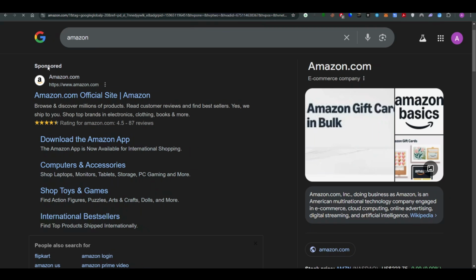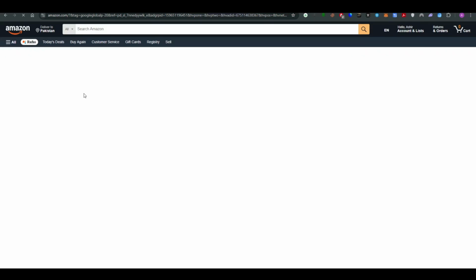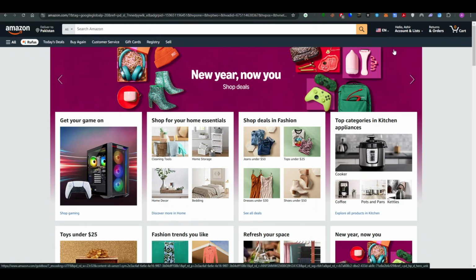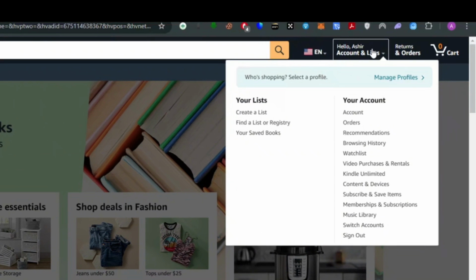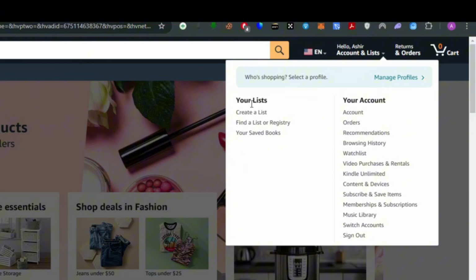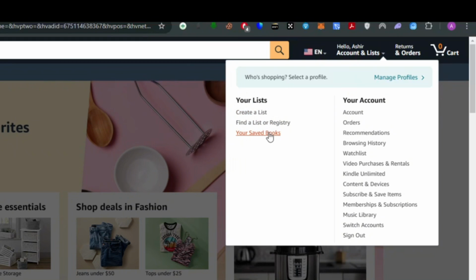And once you are in the website, what you exactly have to do is to simply go to your account. Make sure that you own an account. If you don't have one, just go ahead and create one. Once you have done that, go over your account and you will see your list option on the left hand side. Here it says create a list, find a list, or registry, your saved books. So simply go ahead and click on create a list